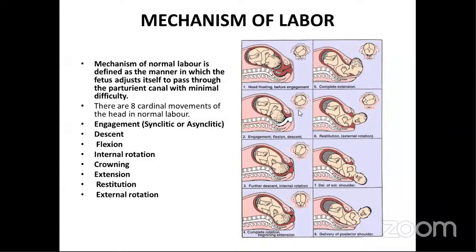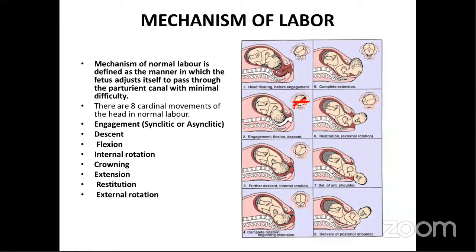So this is the flexion. Then about the rotation, as I was discussing, the direction of the sagittal suture will tell you the internal rotation. I'll just use the pen here. Always imagine a transverse line on the pelvis here, and try to feel the sagittal suture with respect to this transverse line. When you see the sagittal suture is in this position, and you can feel the posterior fontanelle here and the anterior fontanelle here, it means that the baby